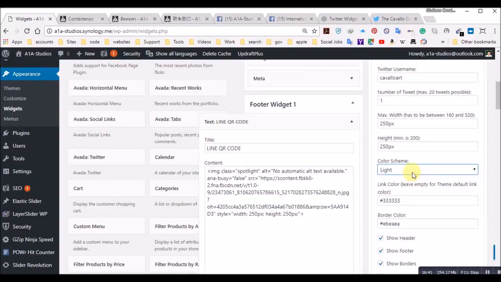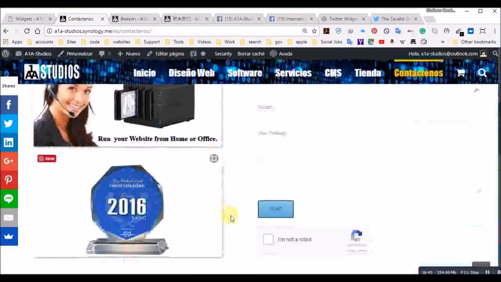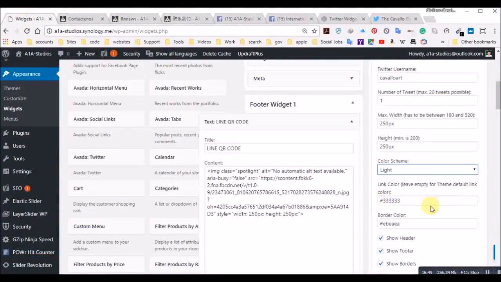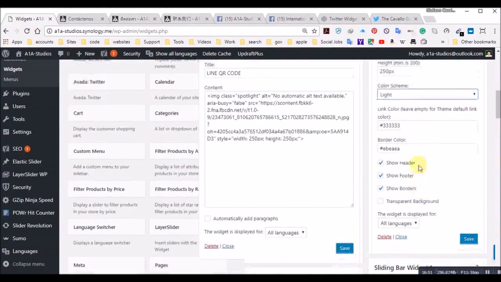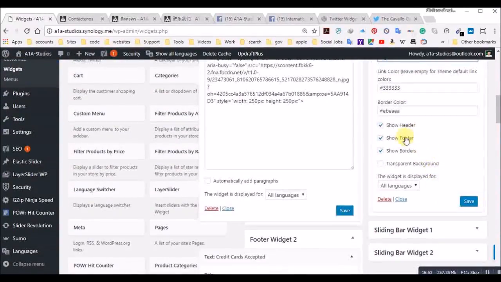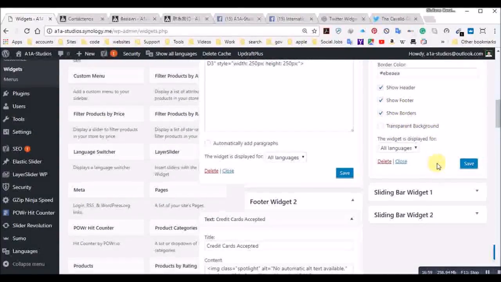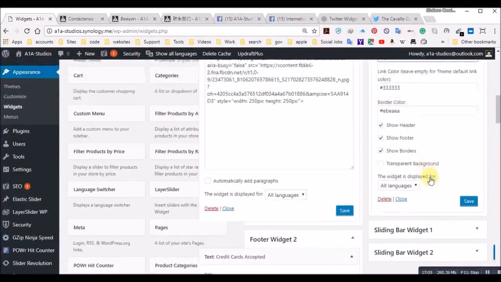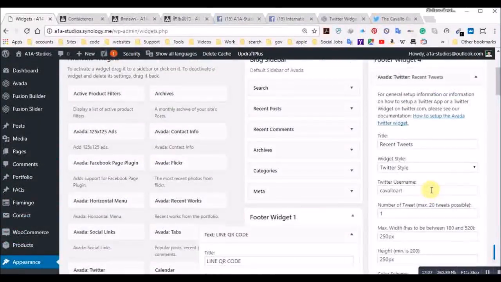Color scheme, leave light, that means it's going to be a white background with black letters. Don't worry about the color, don't worry about the border color. Show header, show footer, show borders. Yeah, leave all that on. Don't click transparent background because it's going to make it difficult to read unless you change the colors, and then you're going to get into more what you call